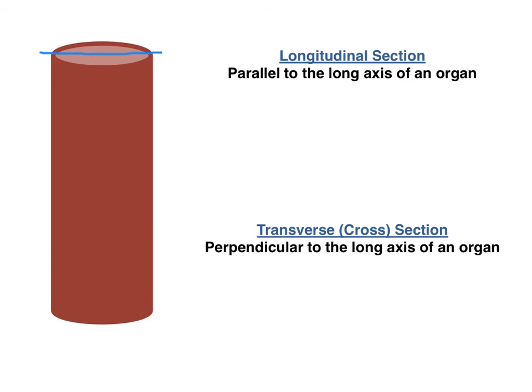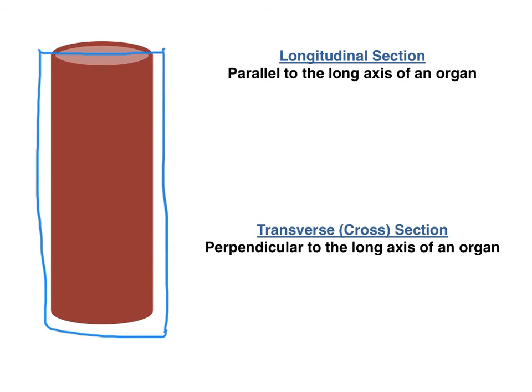So if I took a narrow slice of this blood vessel like that, you wouldn't see the back, you wouldn't see the front, because you'd be taking just a very narrow slice. So what you would actually see would look kind of like this, with the empty space, because this is a hollow tube. You'd see the empty space inside, and then you'd see the tissue that makes the wall of that blood vessel on either side.